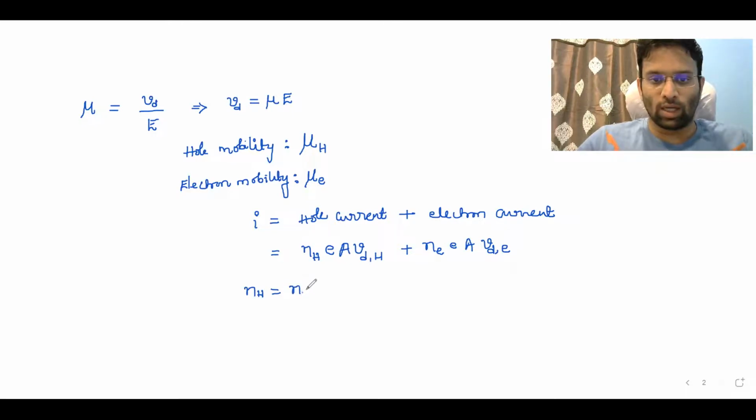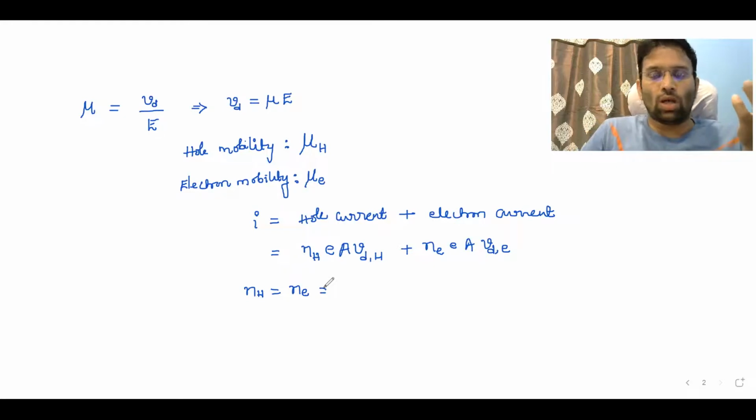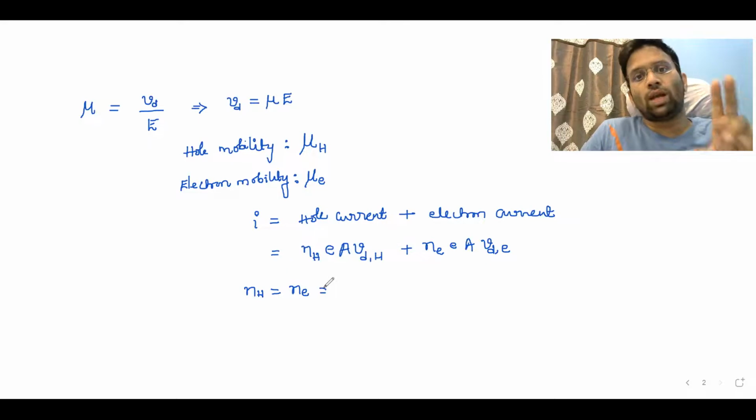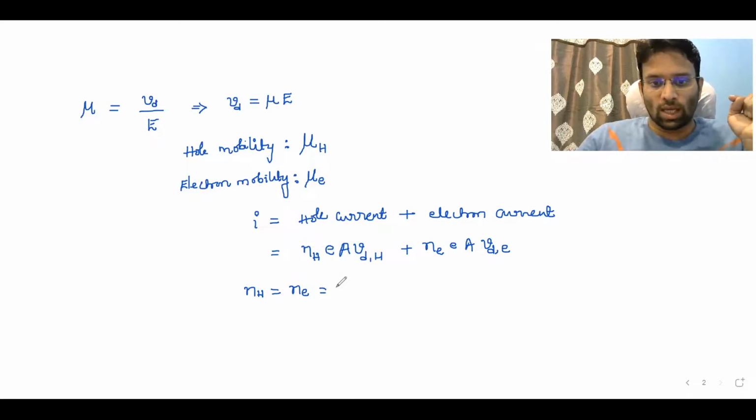and Ne are equal in an intrinsic semiconductor because at 0 Kelvin there are no electrons in the conduction band, there are no holes in the valence band. Every time an electron goes to the conduction band, a hole is generated in the valence band. So the number of holes and electrons must be equal in an intrinsic semiconductor. So I can term it as some Ni. And therefore the current I comes out to be Ni times